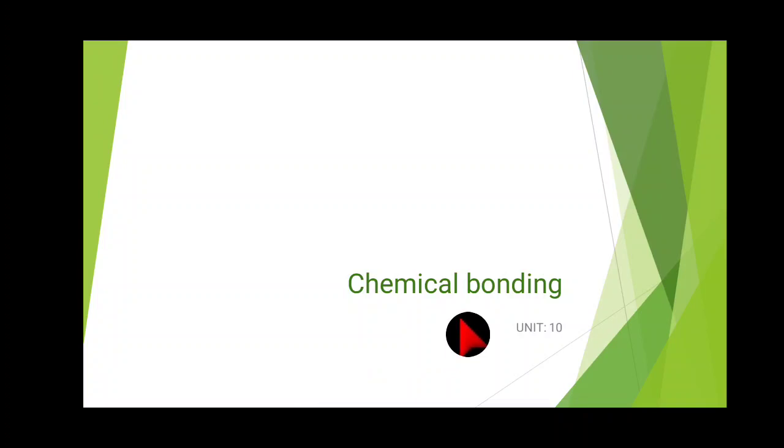So, what is a chemical bond? The interatomic attractive forces which hold the constituent atoms or ions together in a molecule are called chemical bonds. Oxygen combined with hydrogen gives water, and with carbon, it gives carbon dioxide. The structure of water is V-shaped, while that of carbon dioxide is linear. Such questions can be answered using the principle of chemical bonding.